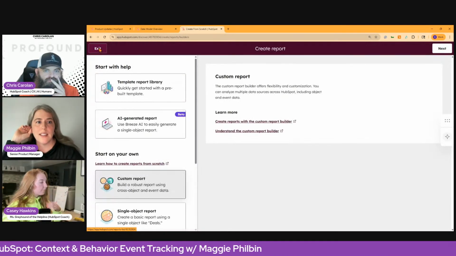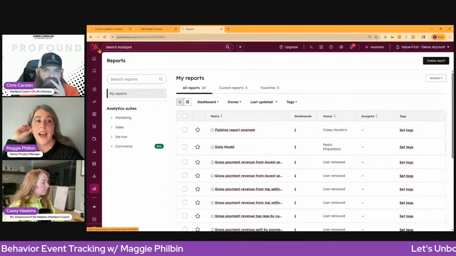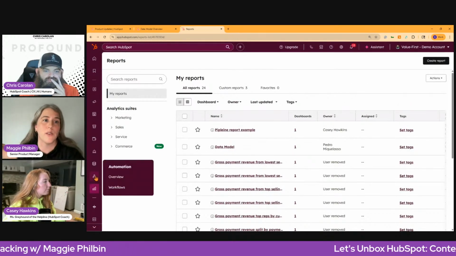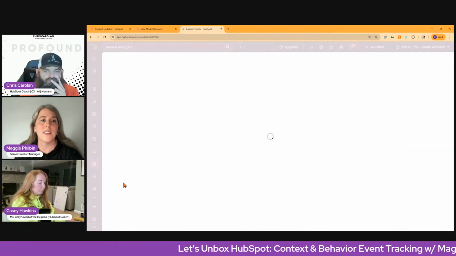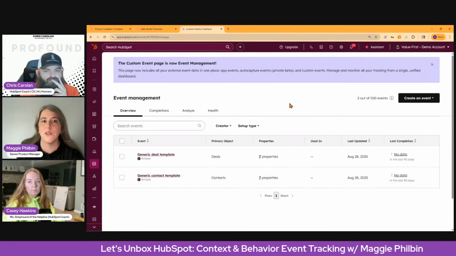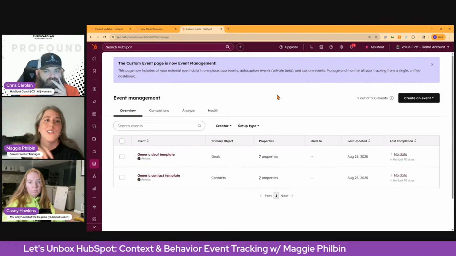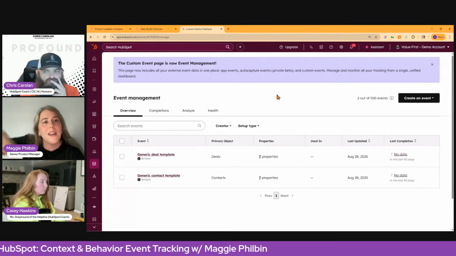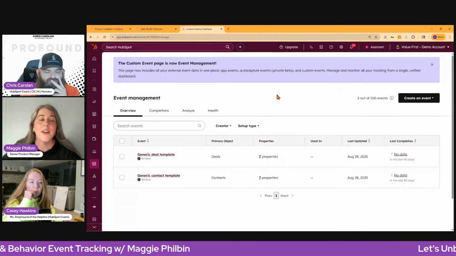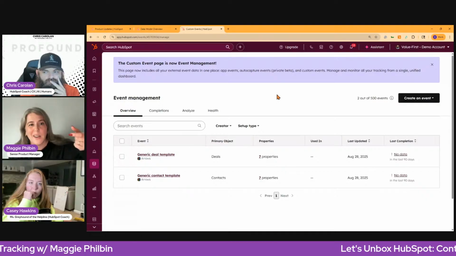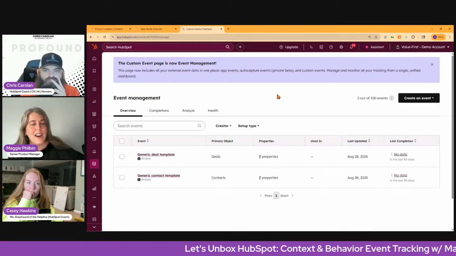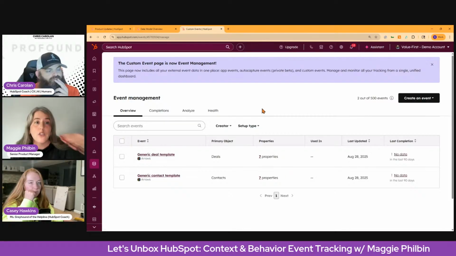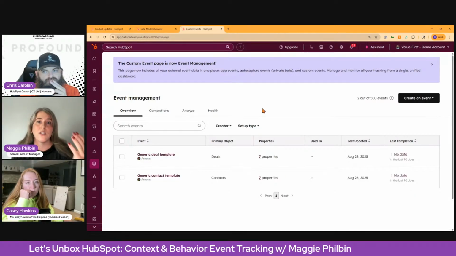Casey, if you have that example up in a portal, I would love to show it. But yeah, Vidyard is an example of someone that sends app events. That's a very clear use case of something you can now do that you couldn't do before this update. If you wanted to know how your Vidyard users converted to MQLs or how many of them booked a demo after, you couldn't do it because that Vidyard data was in timeline jail. It was trapped on the timeline. You couldn't actually use it anywhere. And now literally hundreds of integrations just got the ability to answer a lot of questions that you couldn't answer previously.